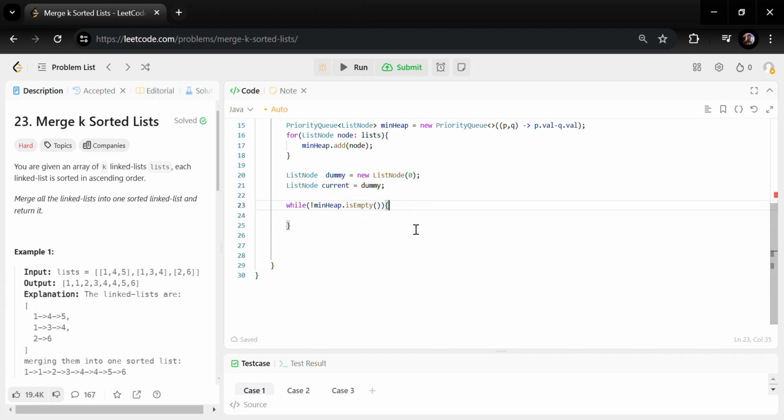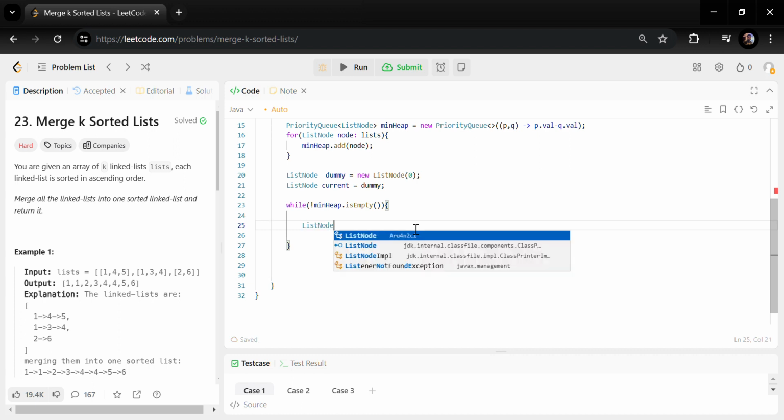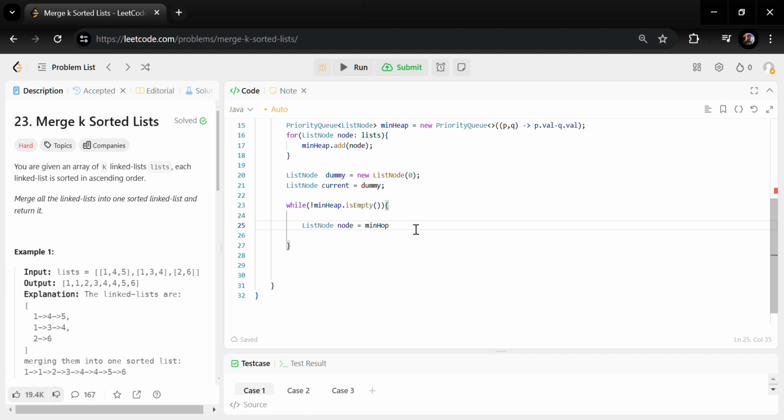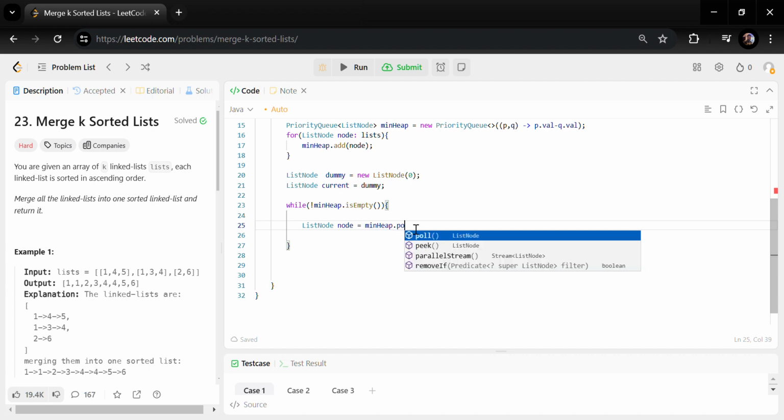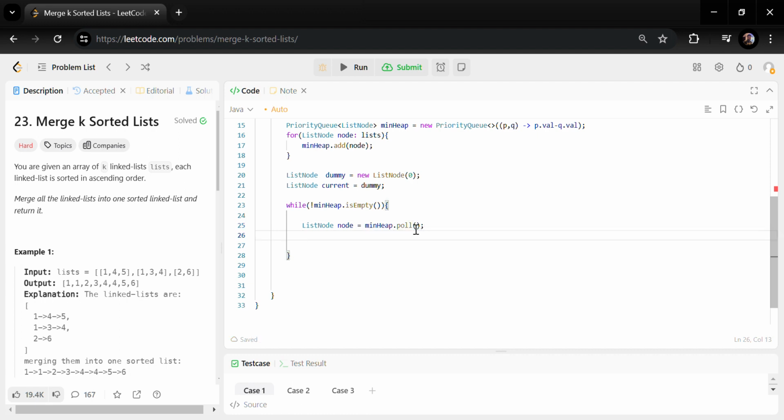So here we are, and we will just see if minHeap is not empty. We will just take one more list node, node, which will be minHeap.poll(), and it will give me the node. Then I will just check if node.next is not equal to null, it means we can just add the subsequent other values of this node of a linked list into the minHeap.add